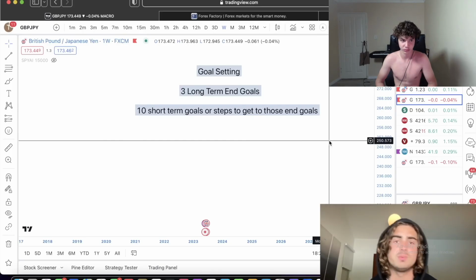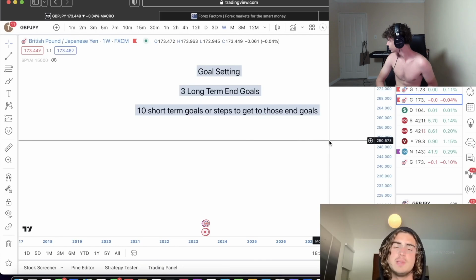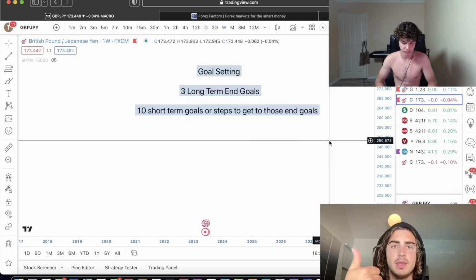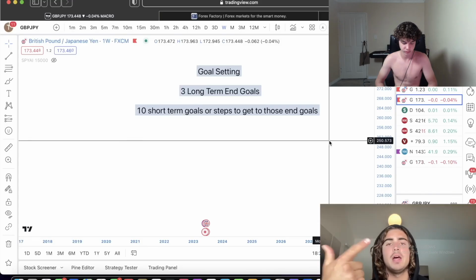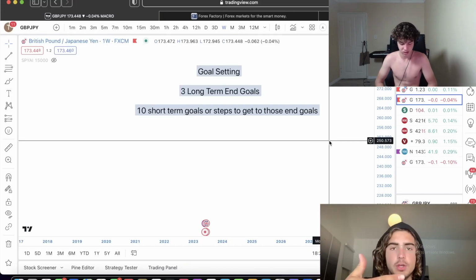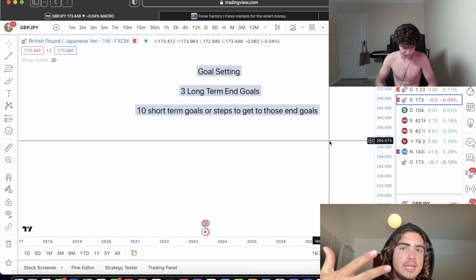In fact, I advise one of them to be trading related, because this is kind of what we're focusing on here. So one of them can be, boom, I follow my trading plan every single day. The other one can be, I use risk management every single day. Another one can be, I journal my trades and I review what I did right and what I did wrong